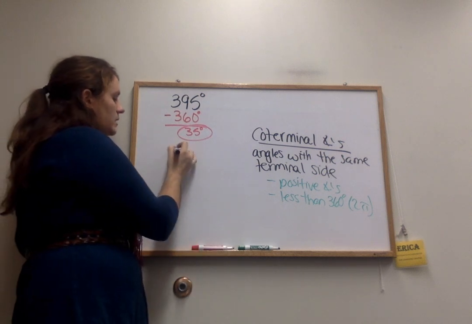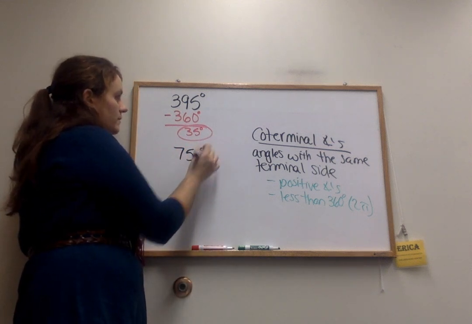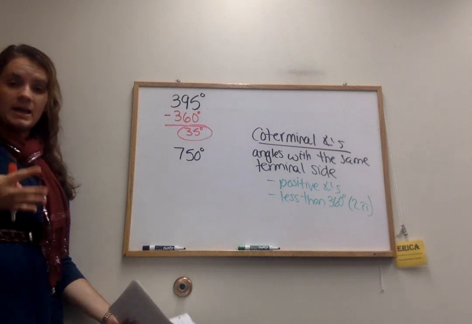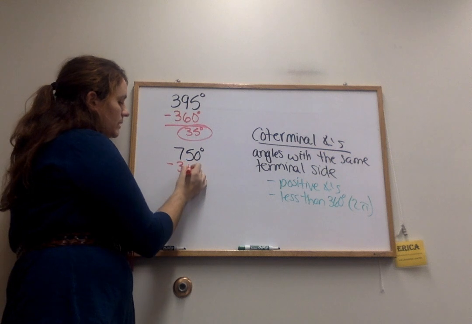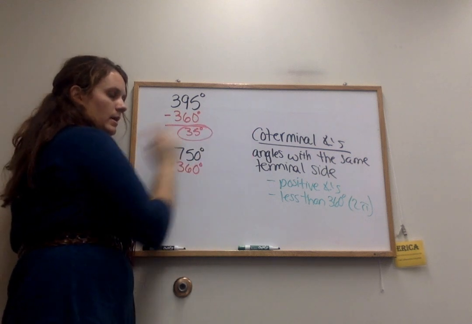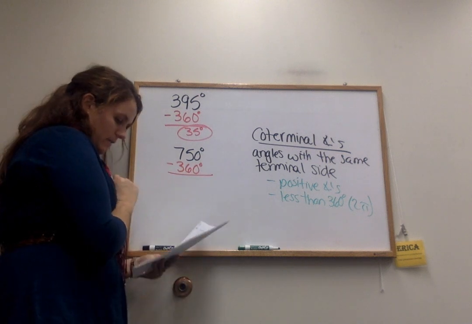Right, let's take a look at another example. So if we talk about 750 degrees, that's, again, obviously bigger than 360. So we can take away one complete revolution. Okay, if we go around the circle one whole time, we're going to end up right where we started. When we subtract that, we get 390